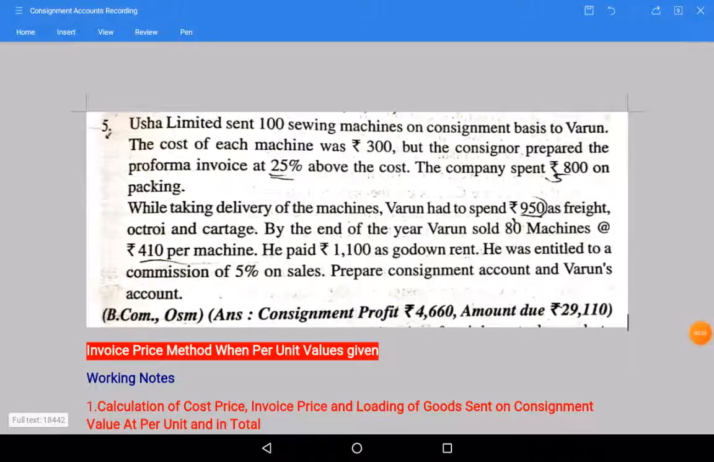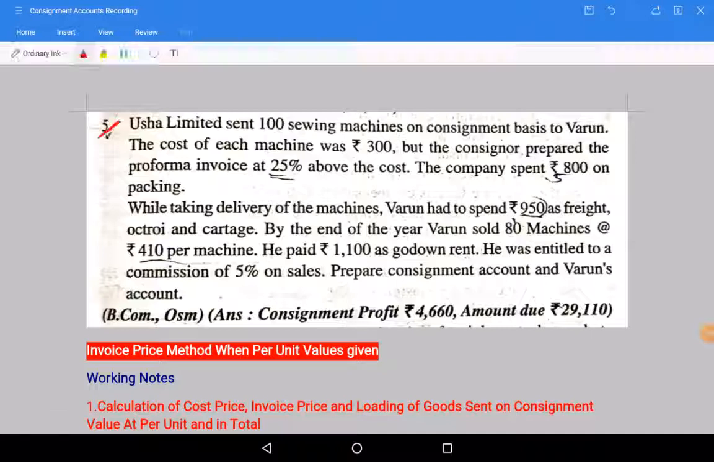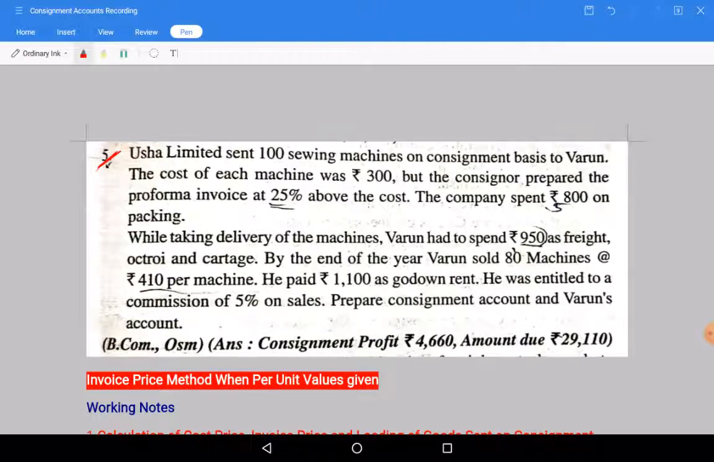So I don't want to waste any more time. Let us start question number 5 in your textbook. It is question number 5 which we are going to see. Usha Limited sent 100 sieving machines. So here 100 sieving machines is nothing but the number of units. So the number of units is given,